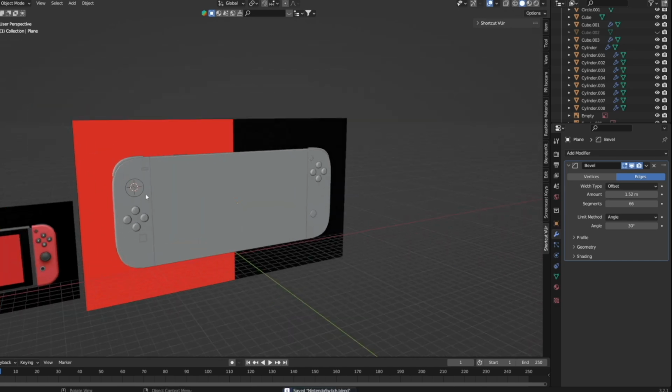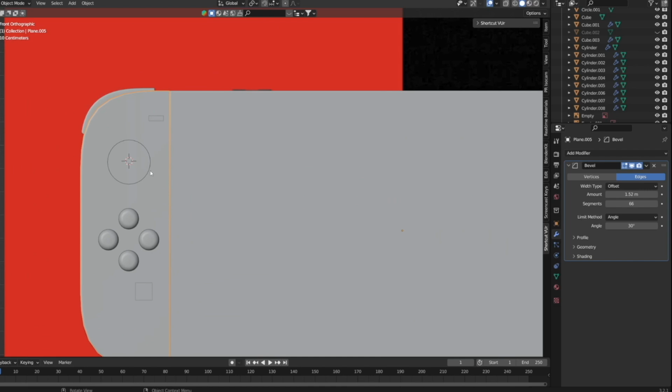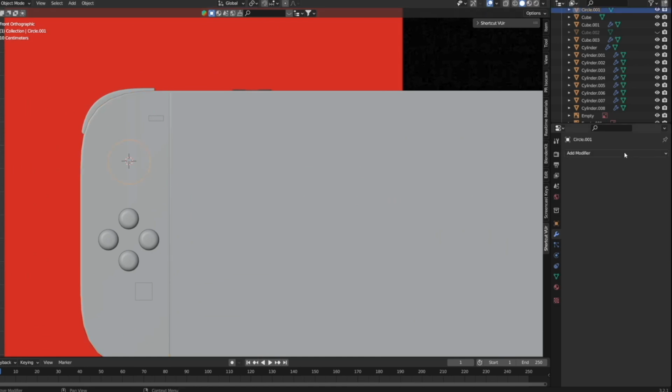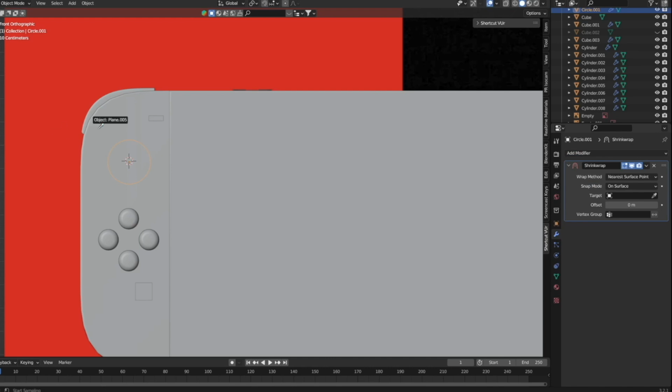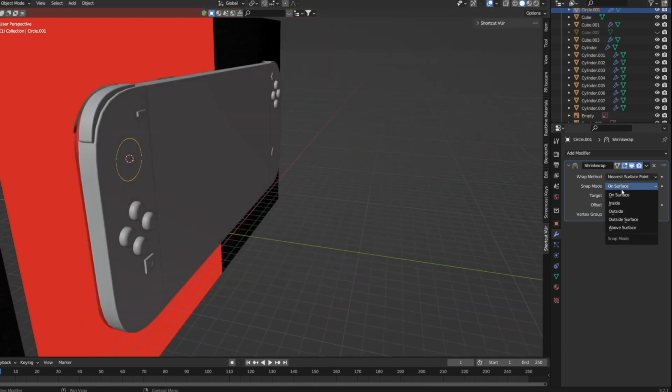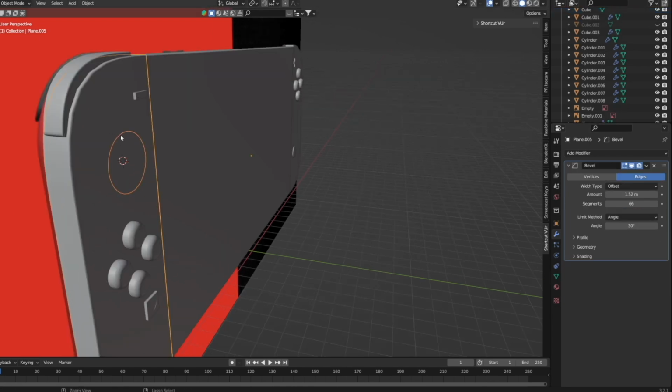Let's save this, what we've got so far. And let's continue to create our additional buttons right over here. So what we're going to do is shrink wrap this once again. Let's go to our modifiers tab, shrink wrap it to this object right there. And we want this to be on method, we want it to be projection on positive, and we want to project it on the y-axis. So once we click on both of these and we join these objects,